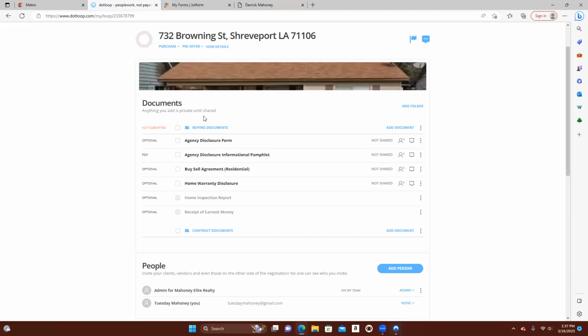And remember, we talked about infractions with marketing and things like that, but you can get a fine in real estate if you're not properly following all of the rules and regulations and utilizing the appropriate documents. So just know Dotloop will always have the most updated documents. They are linked with the state, the LREC, which is very good for you. So I already know that I am going to use this checklist here. So I am checking off documents that I will use